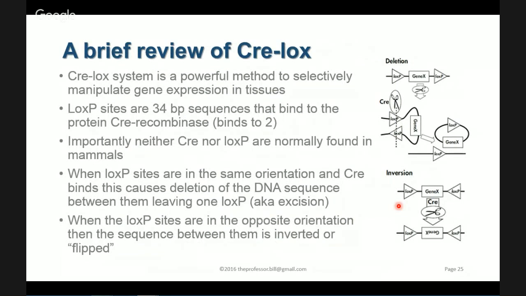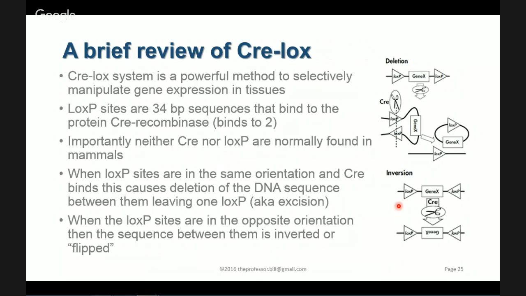Now, this gene X is likely going to be one of the channelrhodopsins or a halorhodopsin. But in order to make that halo or channelrhodopsin, this gene X, work more efficiently and more precisely, we want to make sure we have some Cre-lox sites around it if we need this to be expressed. So these loxP sites, these 34 base pair sequences that we artificially generate around the gene that we are putting into this construct that we're eventually going to package into a virus, is really unique in the sense that